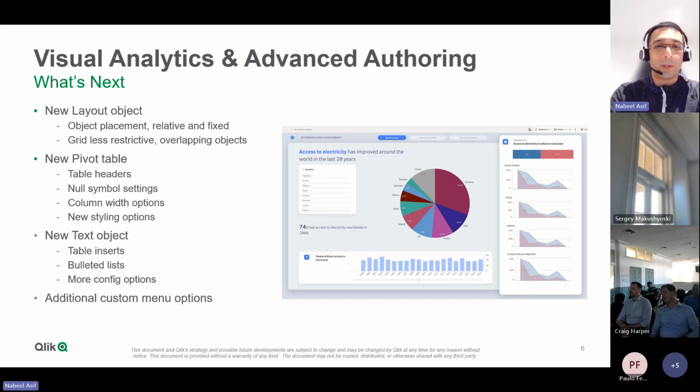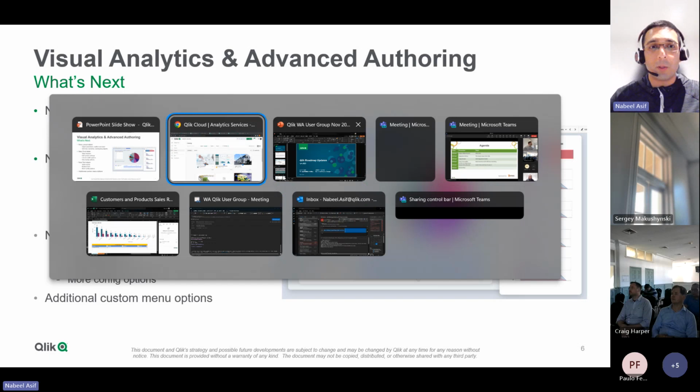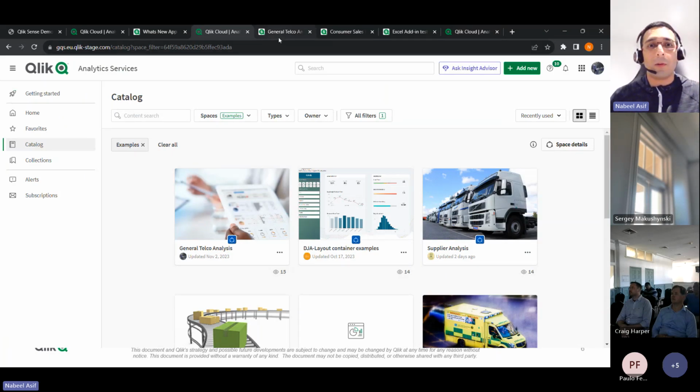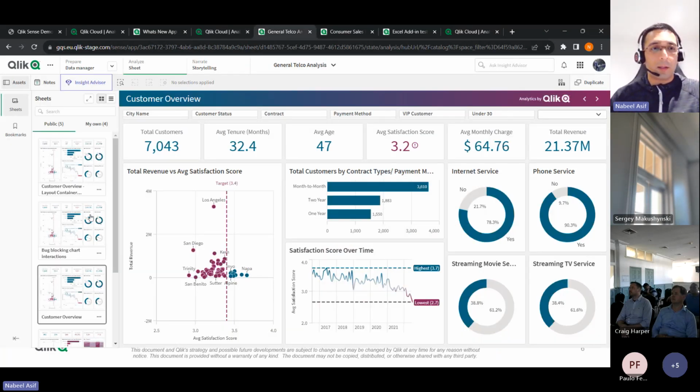The layout object will take away the restrictions you have when using a grid in a Qlik Sense sheet, right? So this will allow you to have multiple layers of objects. What you're seeing here is a layout object with this panel, and there's another one on top of it. You can set up show and hide conditions and things like that. So it's optional, of course. You still get the standard Qlik Sense experience,